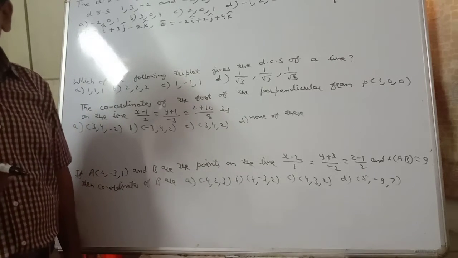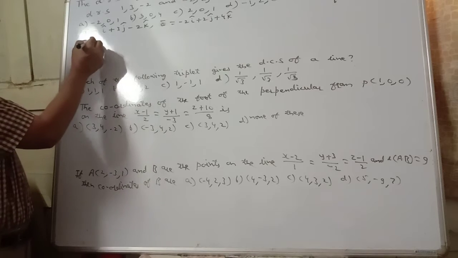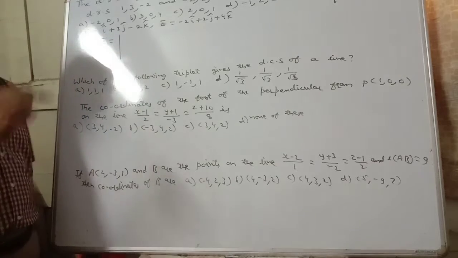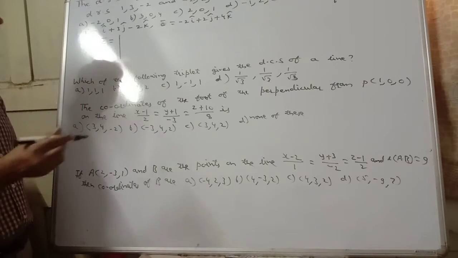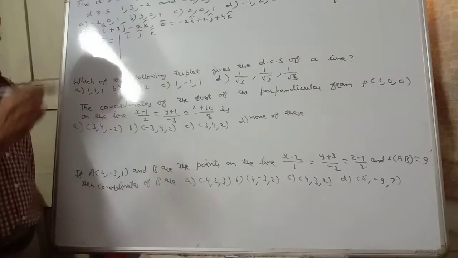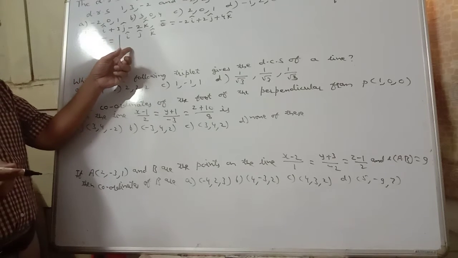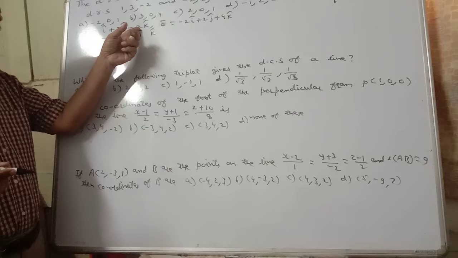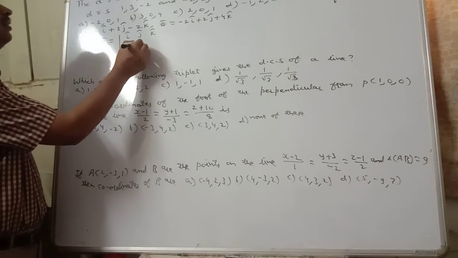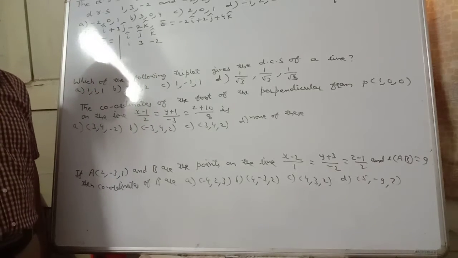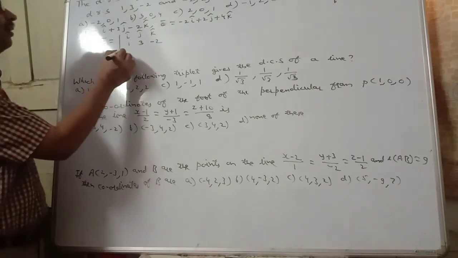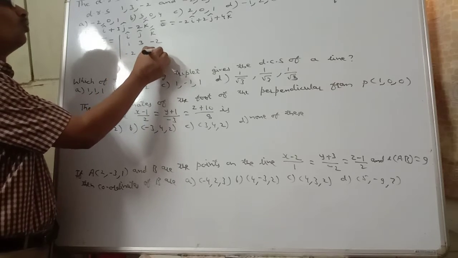Cross product of two vectors is a vector quantity and we get their cross product by using determinant. B bar cross c bar, in determinant, unit vectors i, j, k in first row of determinant. In second row of determinant, coefficients of i, j, k for first vector b bar 1, 3, minus 2. In third row of determinant, coefficients of i, j, k for second vector c bar minus 2, 2, 4.